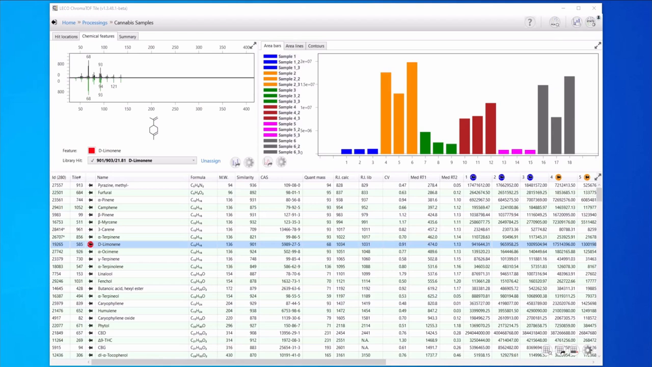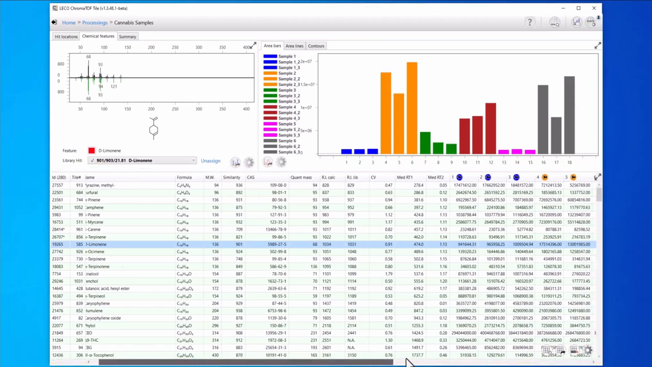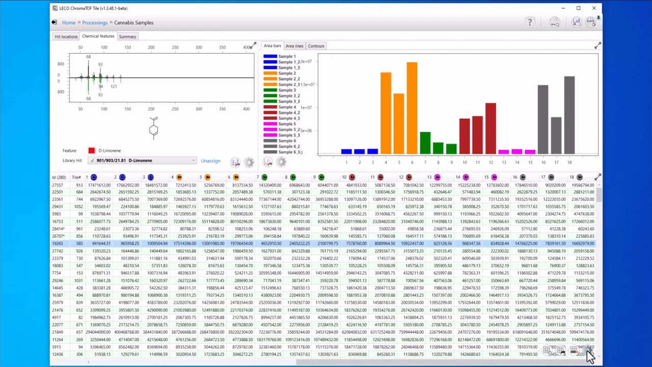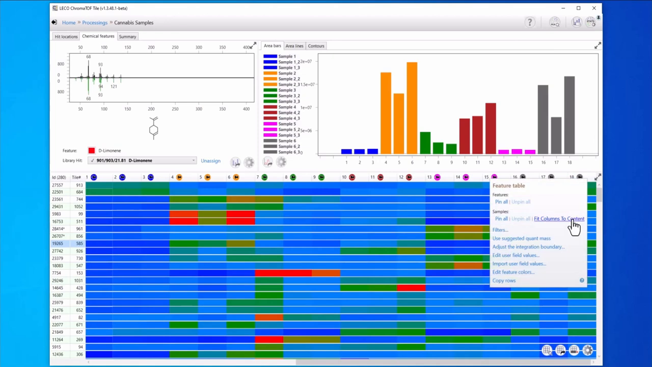The results of processing are compiled in the chemical feature table, which provides a focused list of analytes that differ through the dataset. In the table across the bottom, we have the information about the analytes: name, similarity score, retention index, and other identification details. We also have the intensity information for all of the samples in the columns at the back of the table. These can be set to show the values or a heat map, which can make it easier to visualize the